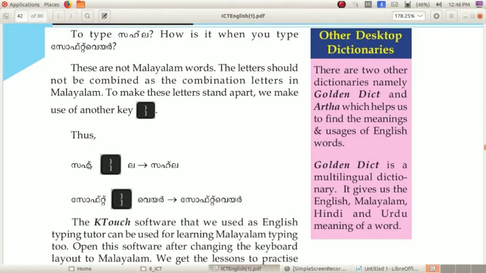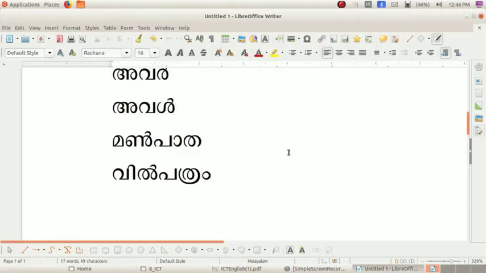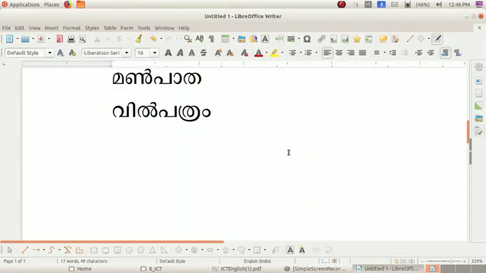Next, here you want to type two words, that is Sahla, and second one is software. While typing these words, some problems will occur. Let us see what's that. First of all, I am typing Sahla. Sa.